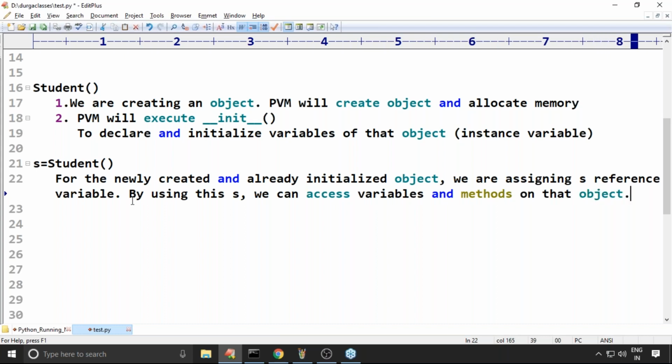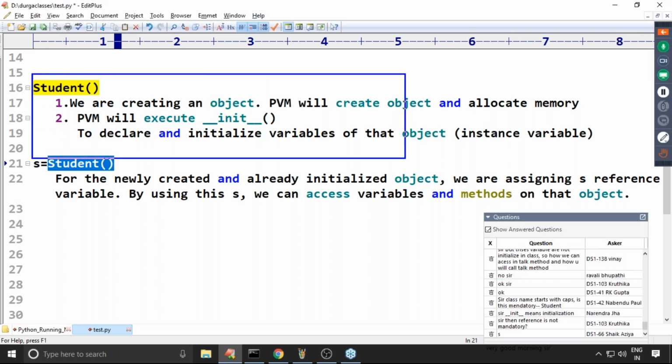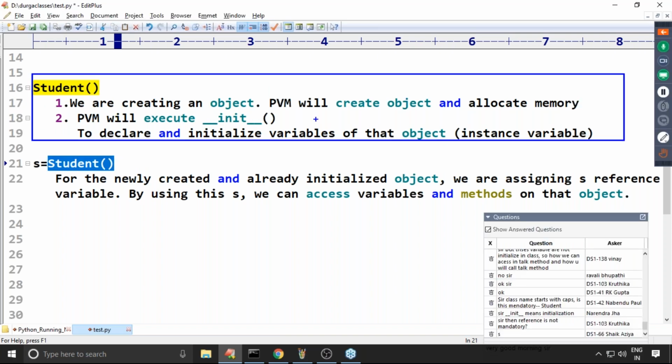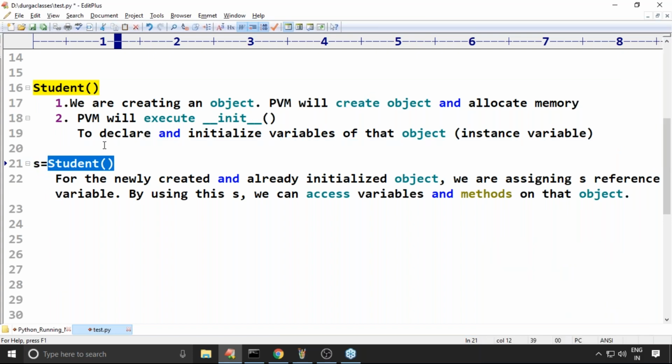So up to this point, only the right-hand side happens. Next, because of s is equal to, what happens? Are you feeling comfortable? Here we are creating an object, and the constructor is automatically executed.